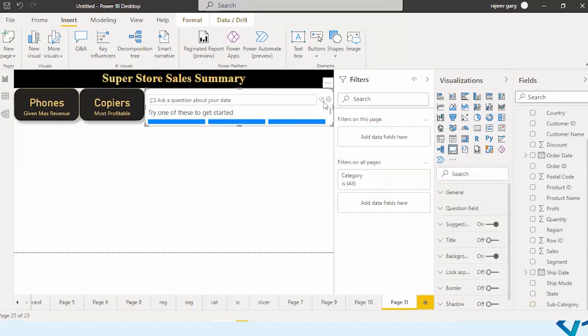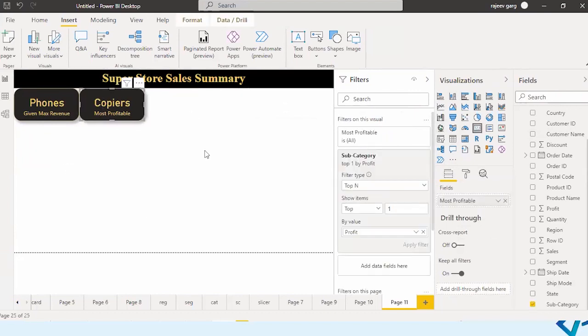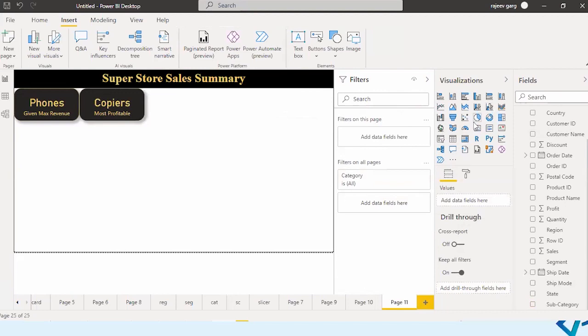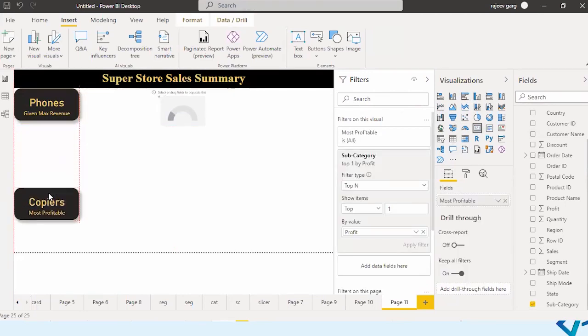Then I don't want this. Okay, I would like to take a card over here, not card. I would like to take a gauge chart over here where I would like to display, this time, let me take this over here.